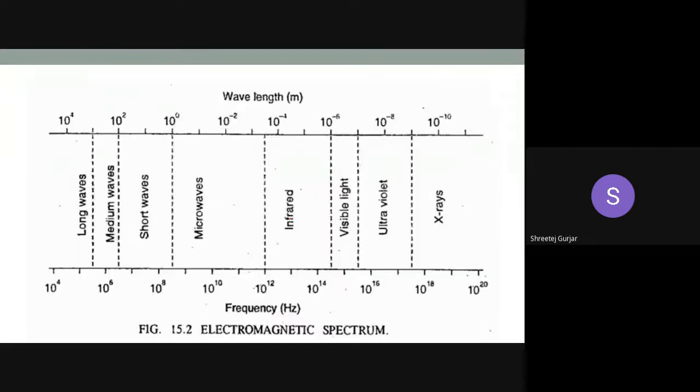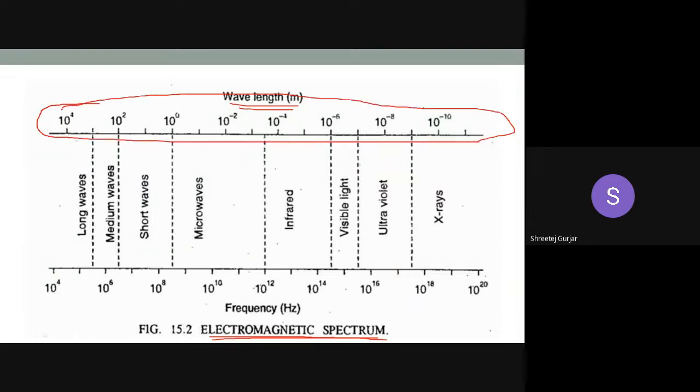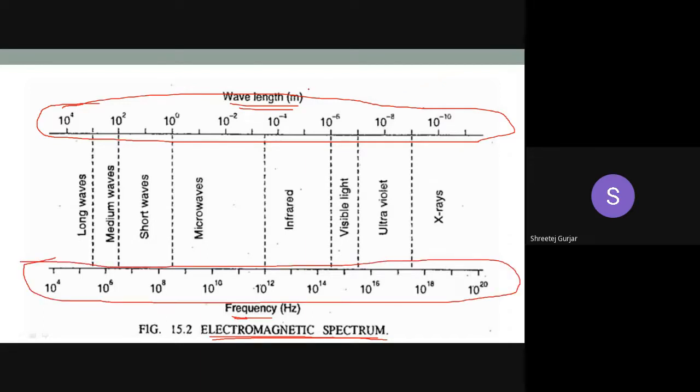Coming to the broad electromagnetic spectrum. If they ask you in the exam, you have to draw this electromagnetic spectrum and explain whatever I have told you up till now. Here in the top part, you can see they have written down the wavelength, and here at the bottom, the frequency is written. Frequency is in hertz, and your wavelength is in meters. Your visible light, you can see, is in this part. This part represents your visible light. Then similarly, various other parts of the spectrum are also shown.